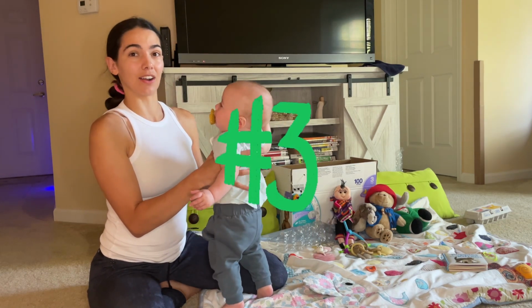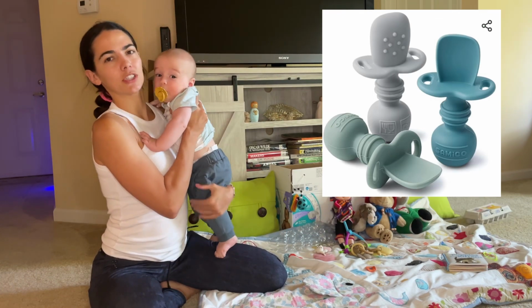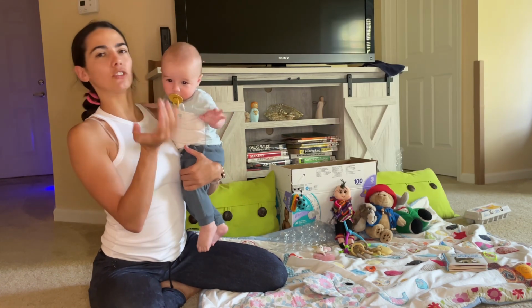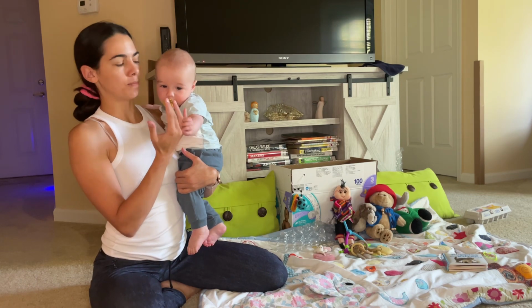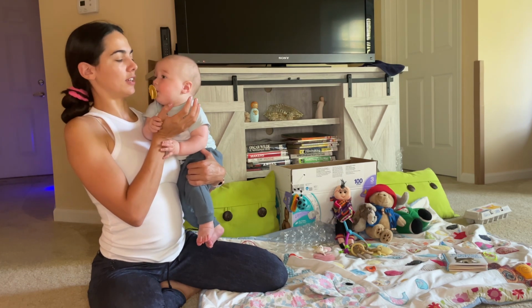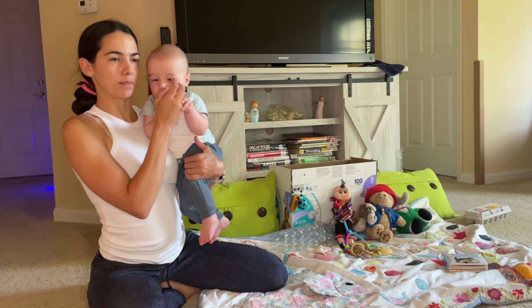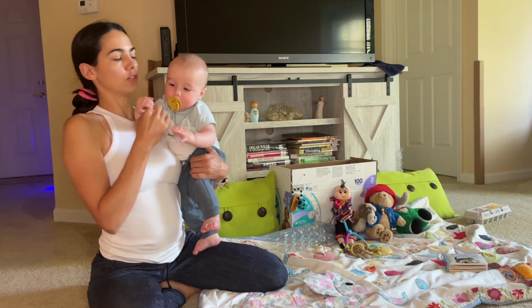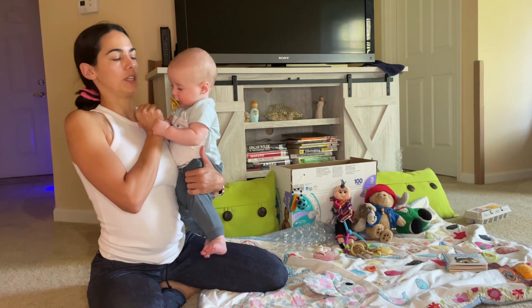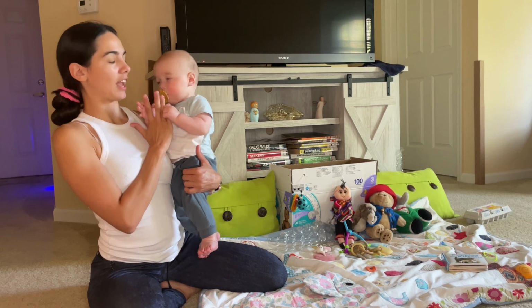The next item that I got was silicone spoons from SamiGo. I specifically got these spoons because they're kind of like binkies where it has a stopper, because I want him to be able to feed himself as well. Having him not be able to shove a spoon all the way down his mouth is really comforting to us. And they're small and a little bit bigger where they would hold the spoon so that baby can want to grab and kind of seize it and is able to use it to put it in his mouth. And slowly we're getting there, but he is starting to use it kind of like that,